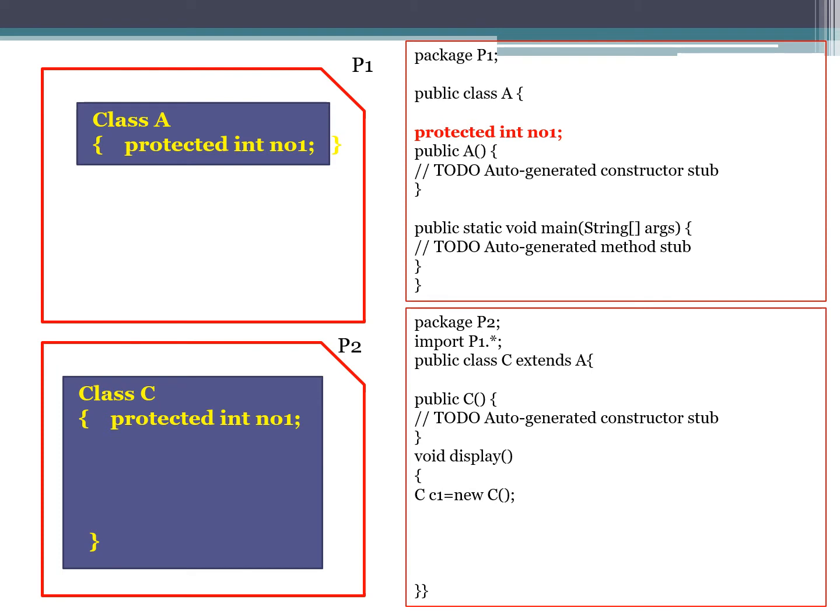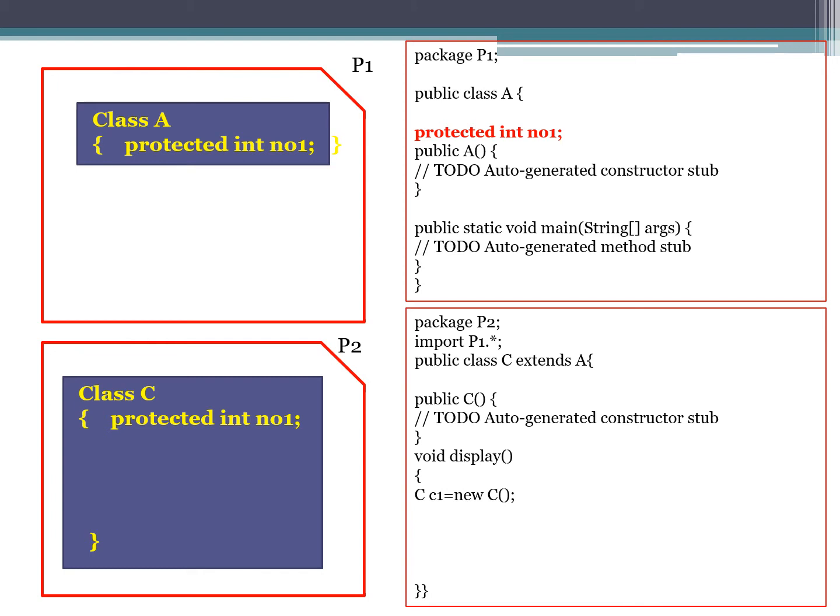In P1 we have the protected variable declared in class A. Class C is inherited from class A, as you can see in this program: public class C extends A. So C is a derived class, derived from the base class A.